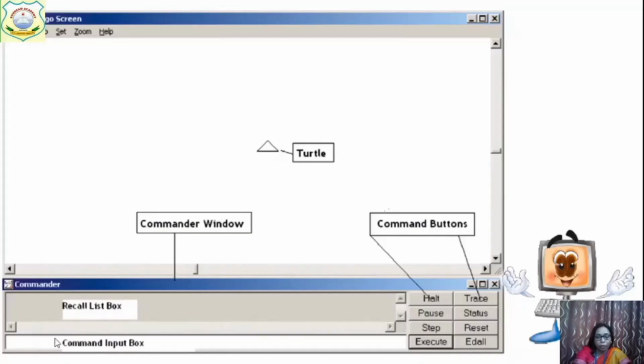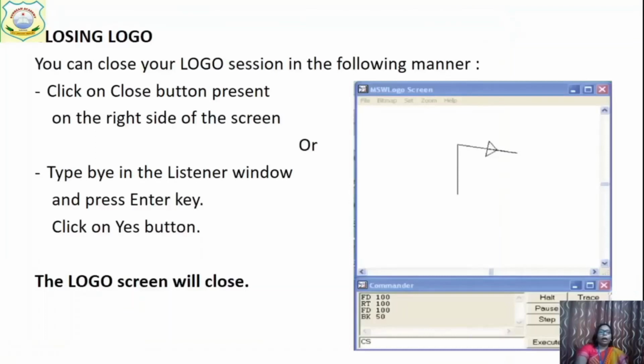Okay, next is how to close Logo. This you also know. Just remember, this is the right side. At the upper portion there is a cross, just click on it and Logo is closed. And one more, the fantastic way: now you are a Logo programmer, how can you close the Logo window?